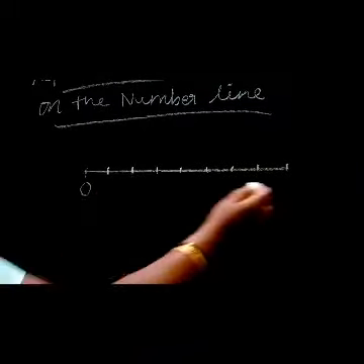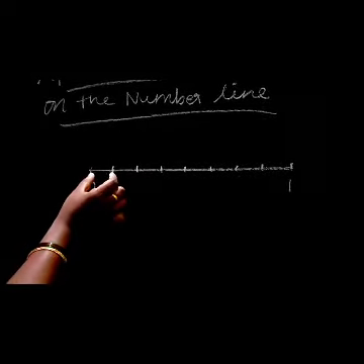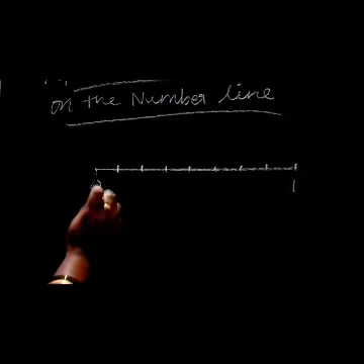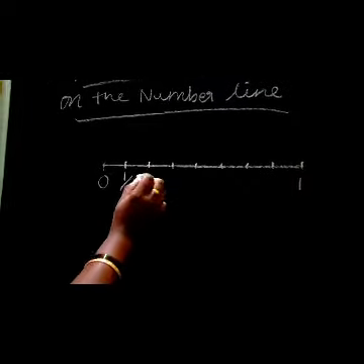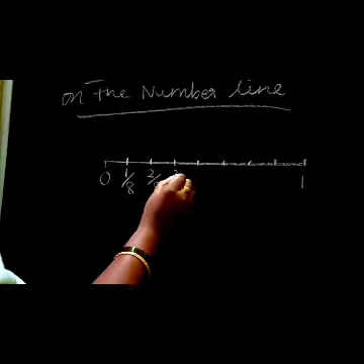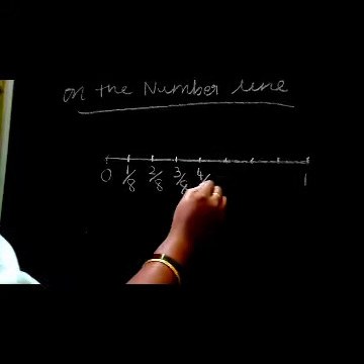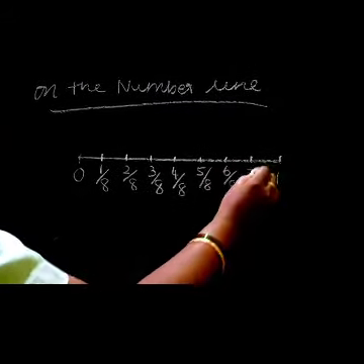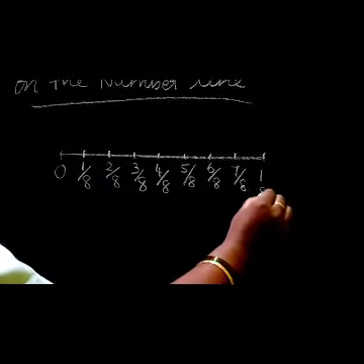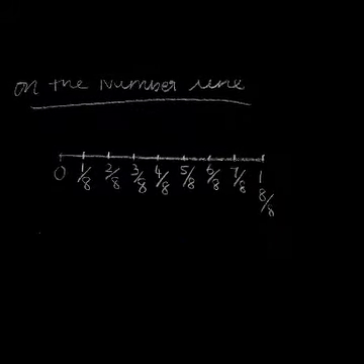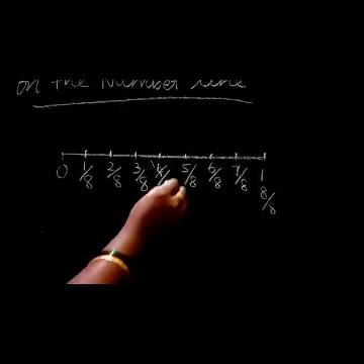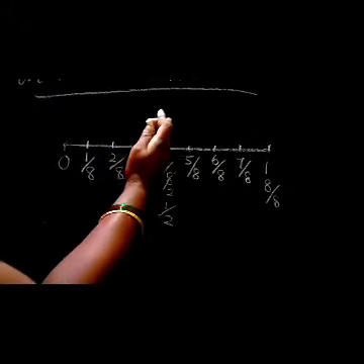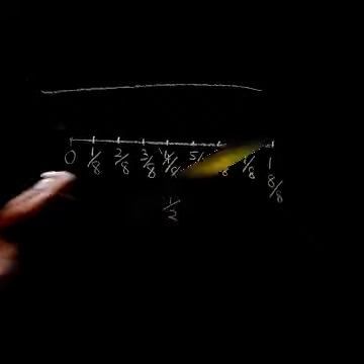Now I have taken from 0 to 1, 8 equal parts. It is 1, 2, 3, 4, 5, 6, 7, 8. So what is the first part value? 1 by 8. Second part is 2 by 8. It is 3 by 8. Fourth part 4 by 8. Fifth part 5 by 8. Sixth part 6 by 8. Seventh part 7 by 8. This whole value is 8 by 8. That is why it is 1. So in this, 1 4s are 4, 2 4s are 8. So it is half. From 0 to 1, the half value will become 1 by 2.